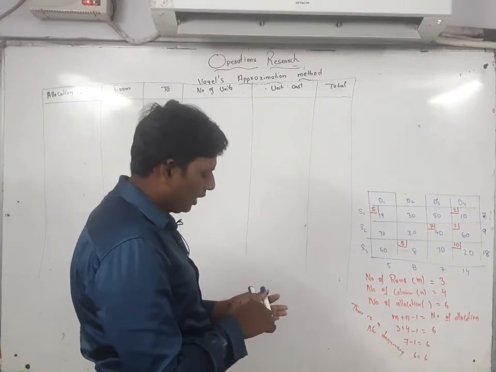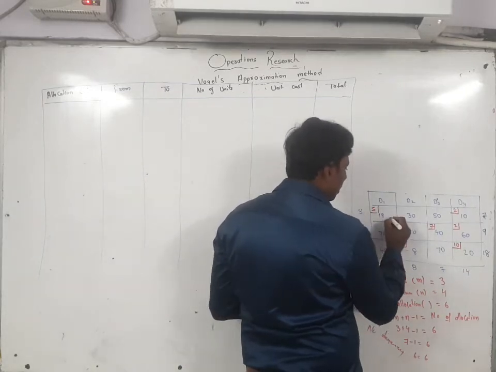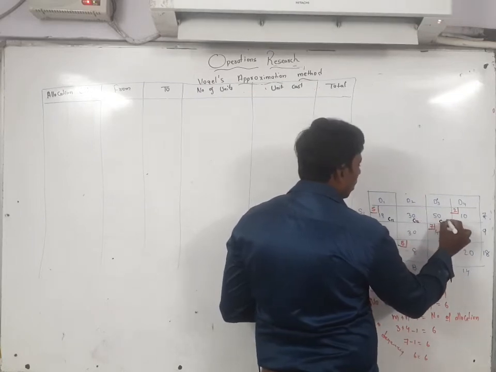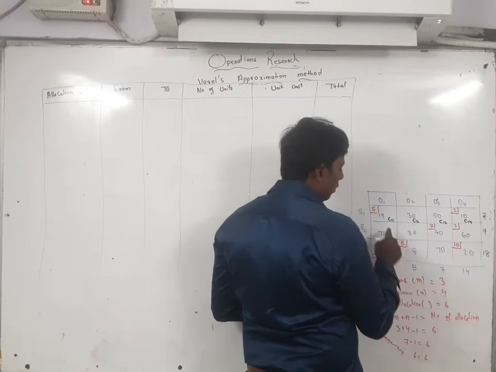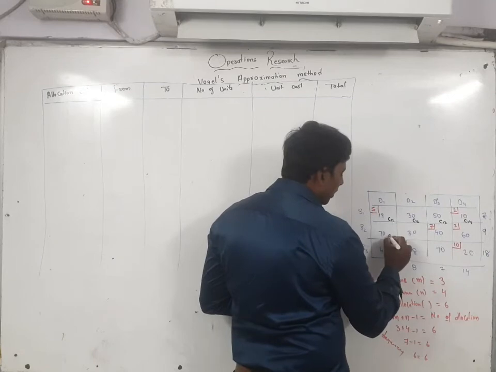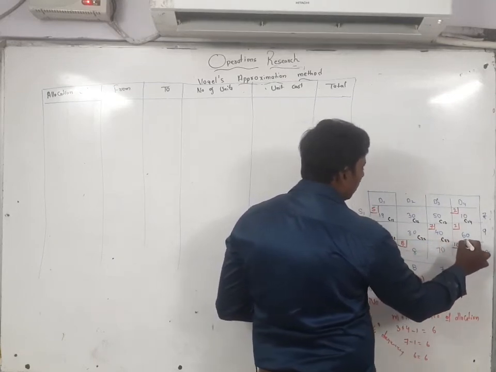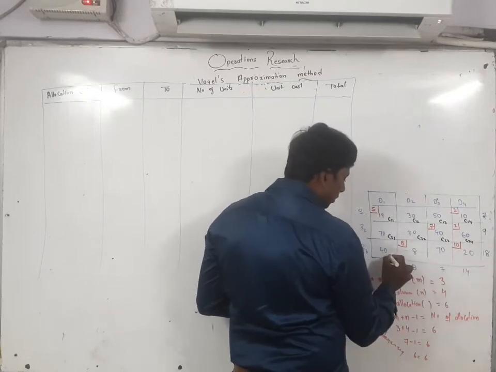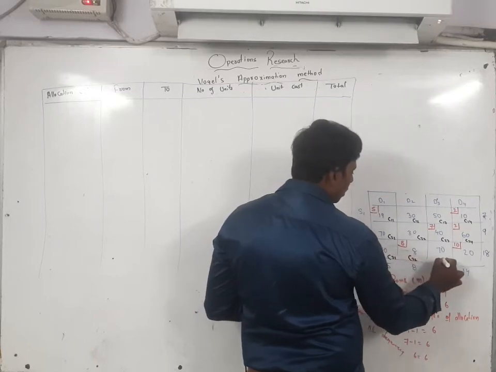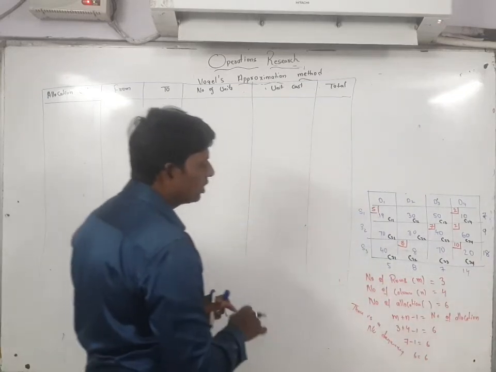So before doing anything, first you have to allocate here. How to allocate here? As you can see here, this one can be first row, first column, first row, second column, first row, third column, first row, fourth column. Second row, first column, second row, second column, second row, third column, second row, fourth column. Then the next one is third row, first column, third row, second column, third row, third column, third row, fourth column.